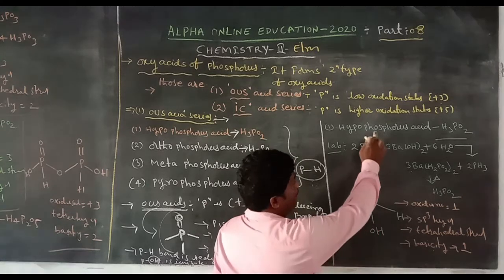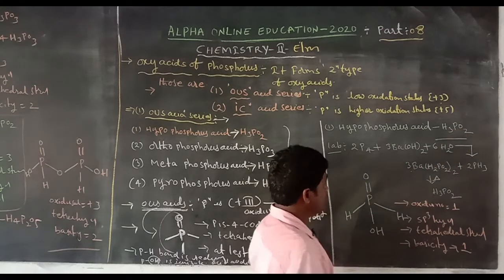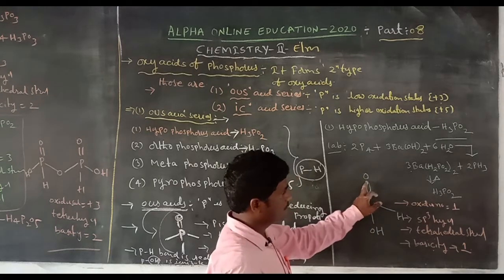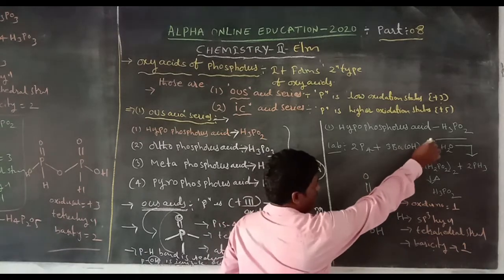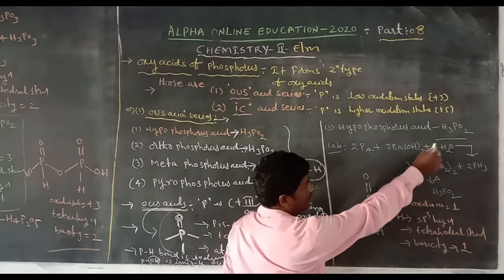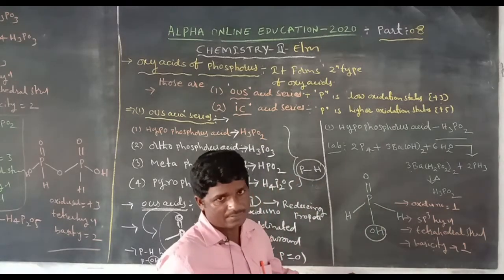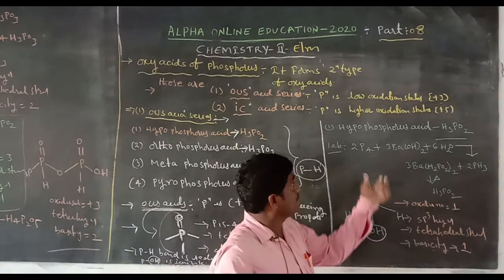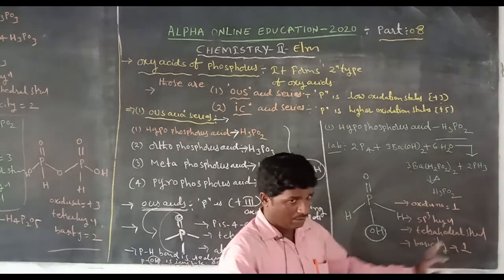Next, the structure of hypophosphorus acid. Here one phosphorus atom is the central atom. This central atom is bonded with a double bond to O, at least one P=O, which is the nature of the acids. Next, 3 hydrogen atoms, 1, 2, 3. Next, 2 oxygen atoms. Here the OH is also known as a base, and this is called basicity. How many basicity in the structure of hypophosphorus acid? Only 1, so the basicity is equal to 1.